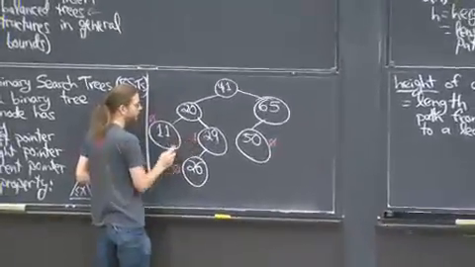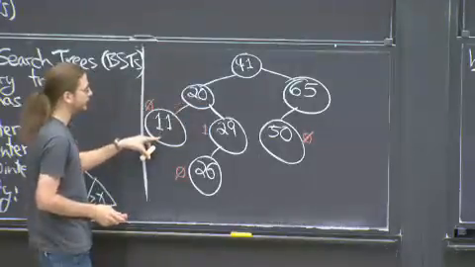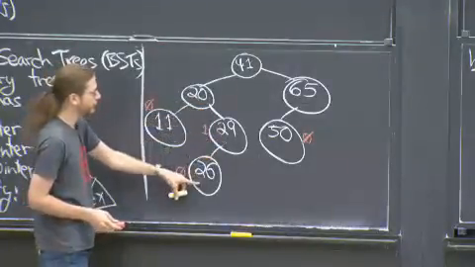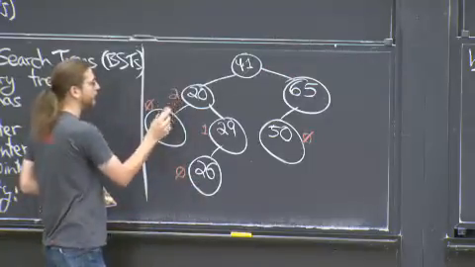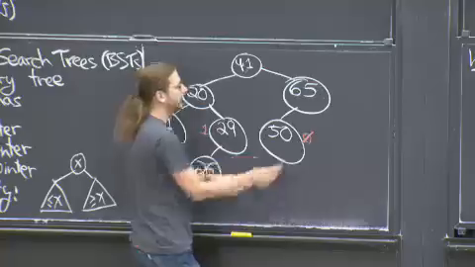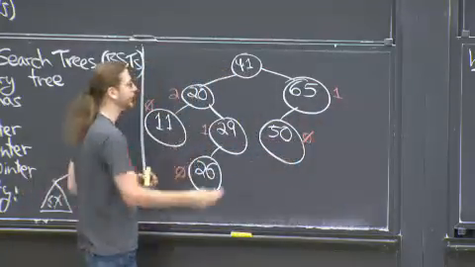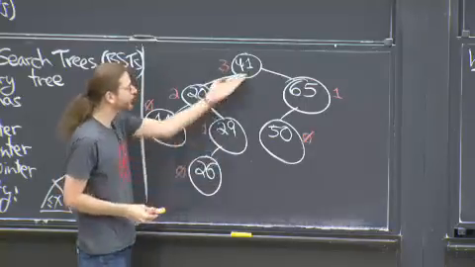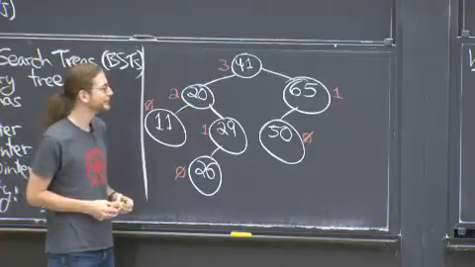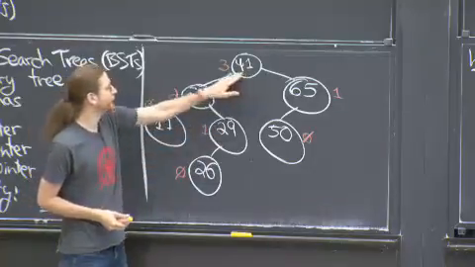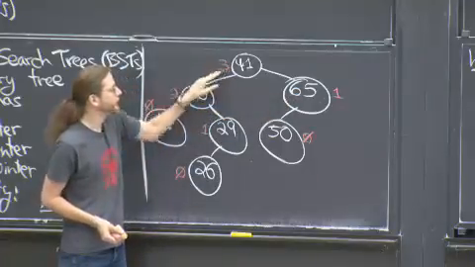So it's 1. This guy has a choice. You could go left, and you get a path of length 1. Or you could go right and get a path of length 2. We take the max. So this guy has height 2. This node has height 1. This node has height 3. How do you compute the height of a node? Anyone? Yeah. So max of the height of the children plus 1. You take the max of the height of the children. Here, 2 and 1. Max is 2. Add 1, you get 3.